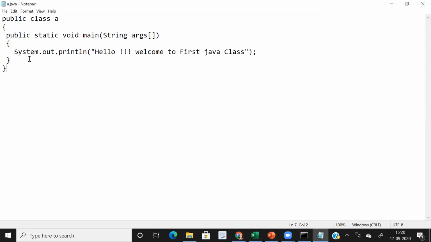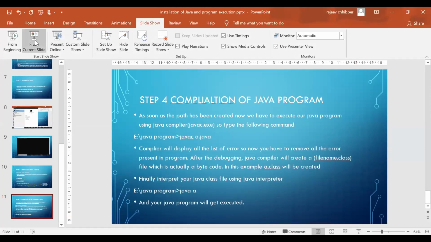So this was my program, system.out.println. This is a command which is used to display messages or variable values. So this was the procedure which we followed. Every time you want to create a program, you have to do this.